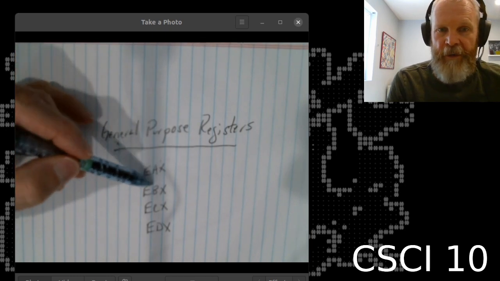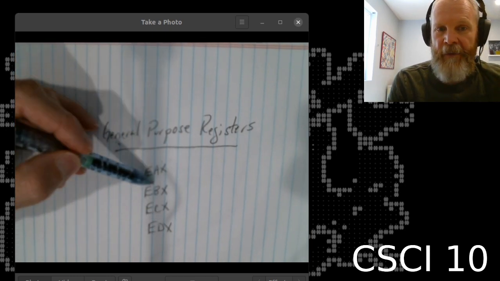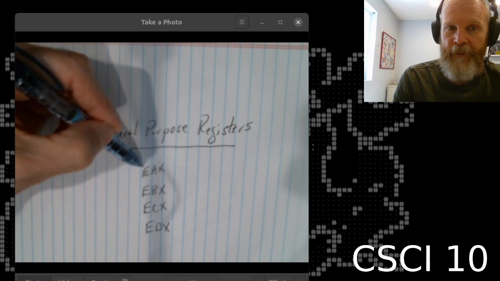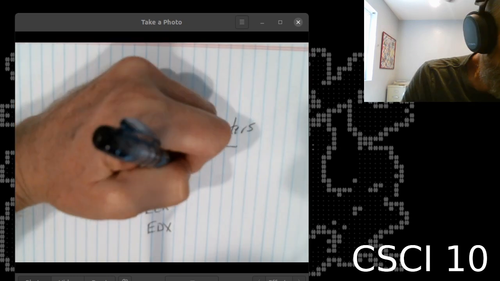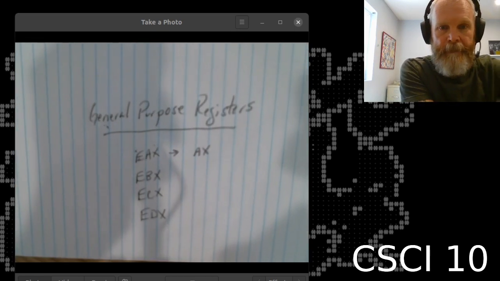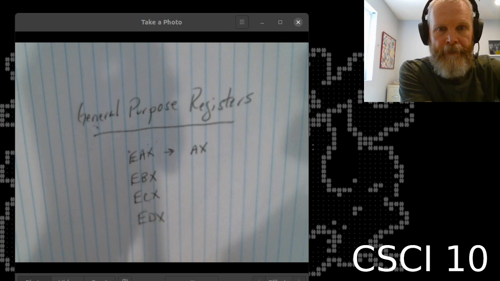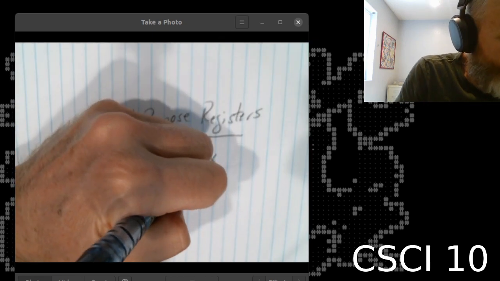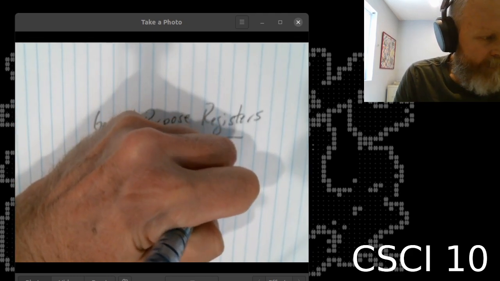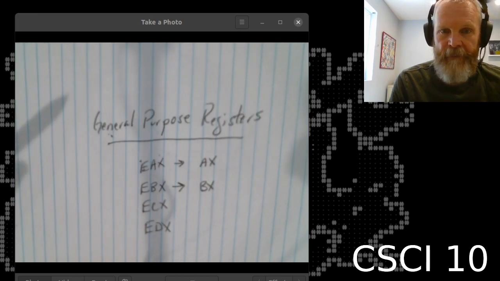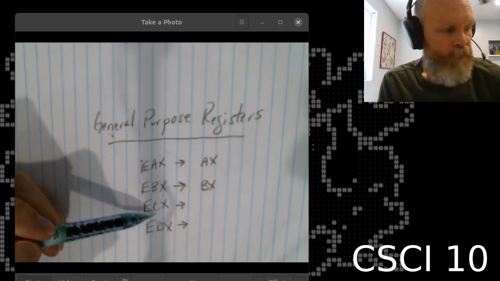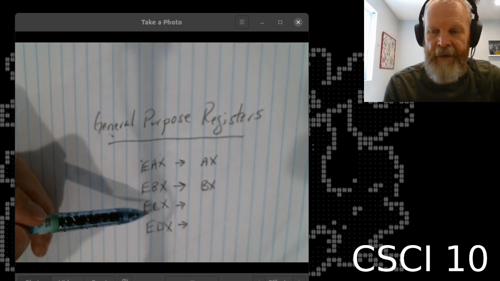Okay, so these four, and these four have the same overlay scheme. So EAX, the 32-bit general purpose register, overlays AX, that's its lower 16 bits. EBX overlays BX as its lower 16 bits. And then you can guess where this is going. So ECX, its lower 16, is called